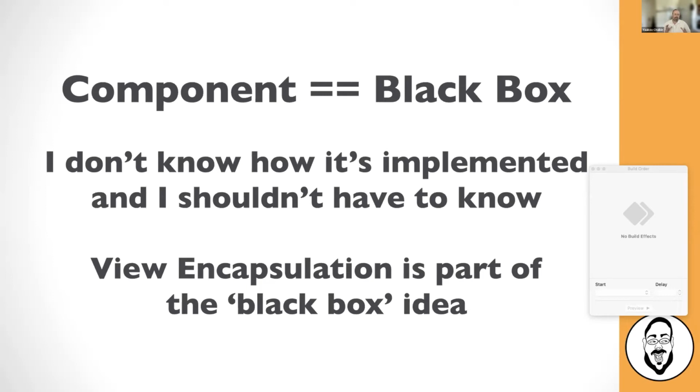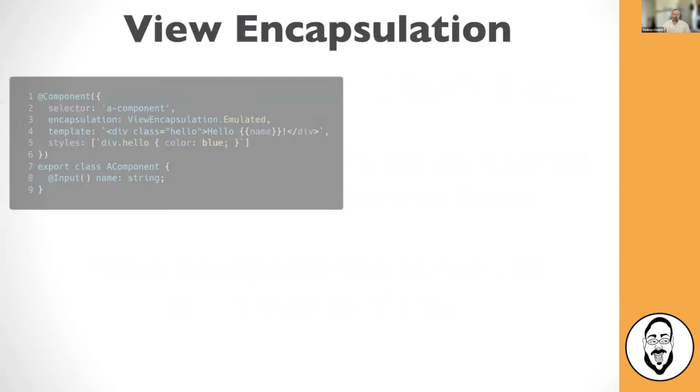And that's really handy. I think Angular was very good to include that, not just because it's conceptually a good idea, but also because it provides a much easier developer experience when you code. You don't have to remember that you named this class one way here, but maybe possibly named it the same in a different component. View encapsulation solves that for you. The point is that it doesn't bleed the styles of the component out to the entire application. Let me show you a quick example of what that means.